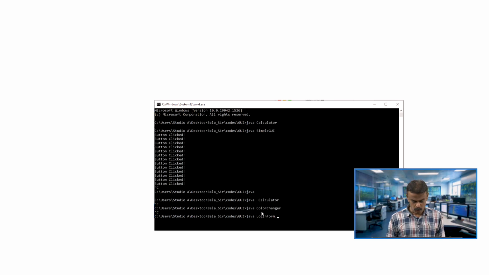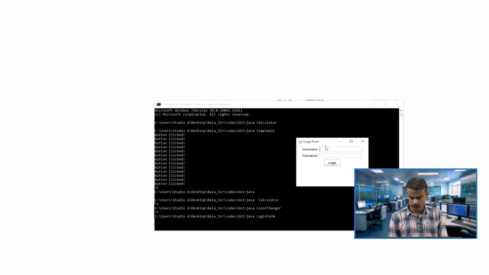So, when we run the code, it's a login form, here you go. We type something, Bala IITR, and then some password. Login, and you can see the output: welcome Bala IITR, press OK. Maybe you can try something else, let us say Pradeep IITR and some password, and when I click login, yes, welcome Pradeep IITR. We are getting the output.